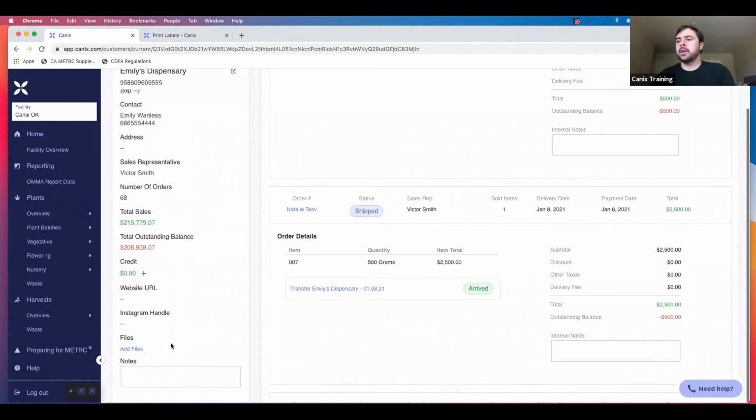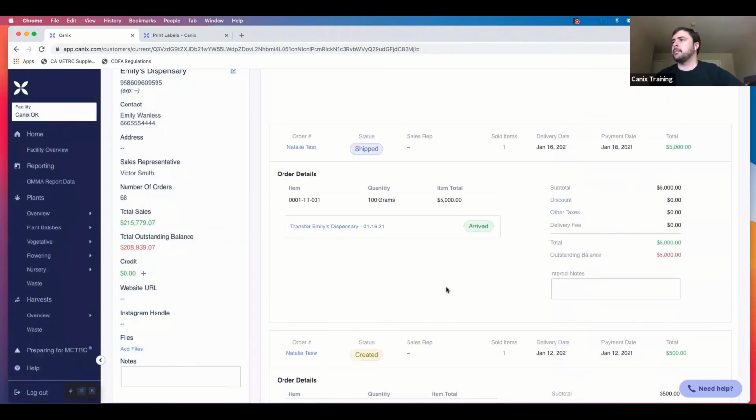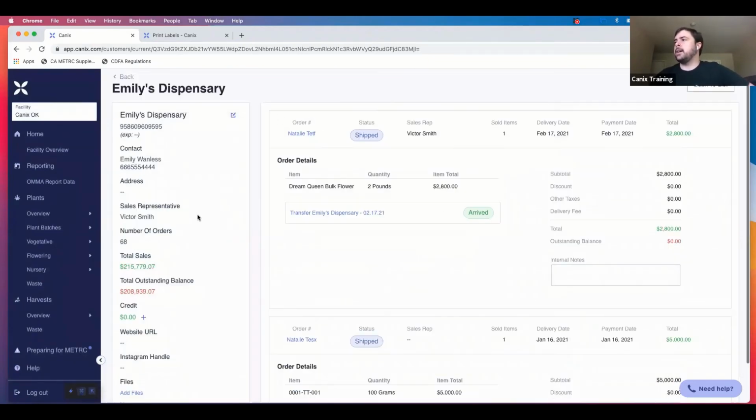Also, in their customer profile, you can also add specific files related to this customer. So maybe this is a PDF file of their license that you have a copy of for your records, or maybe it's previous invoices, right? It could be anything, any files related to this customer that you want to keep in one place, you can upload those here. Okay, so we've got Emily here, let's go ahead and create an